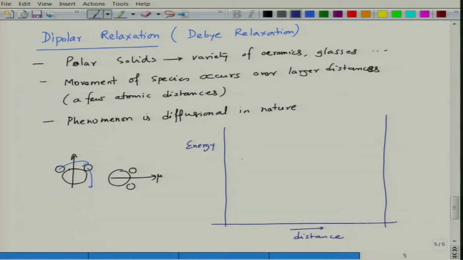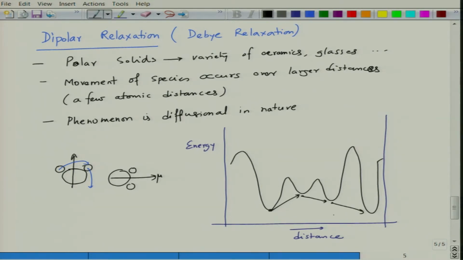So, here suppose you can plot this, you can have scenarios like this and so on and so forth. So, you might have transition, for example, from this state to this state, you might have transition from this state to this state, depending upon the type of solid, whether you have a glassy solid, whether you have a crystalline solid. In crystalline solid there will be more ordered movements, in glassy solid there will be more disordered movements, but nevertheless it goes from one stable position, or one metastable position to another metastable position. These are all metastable positions, right, in the free energy landscape.